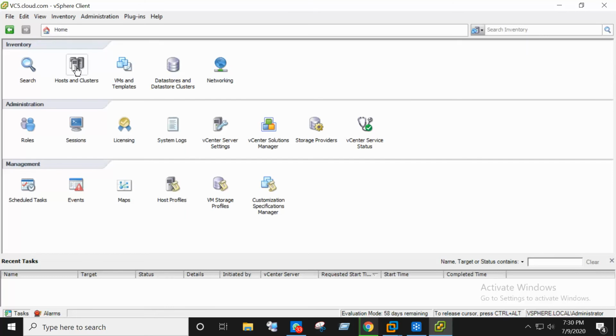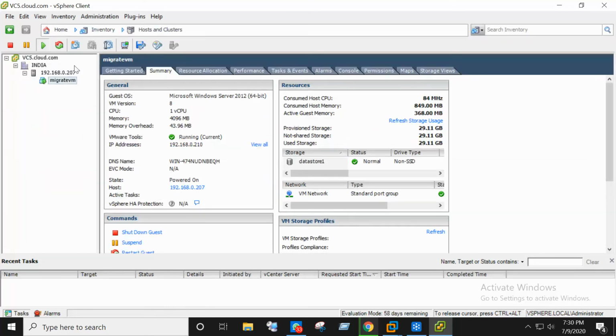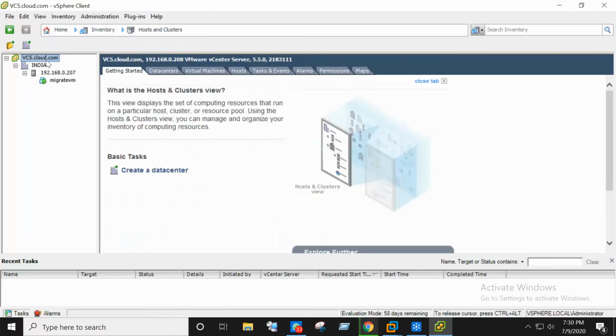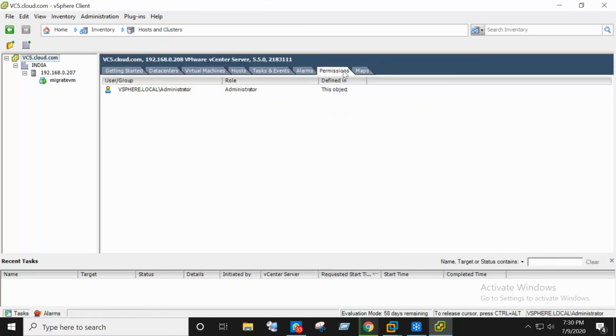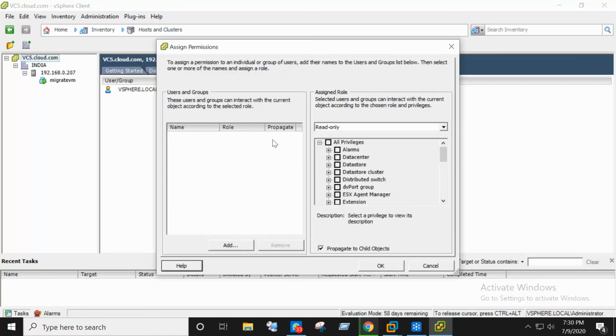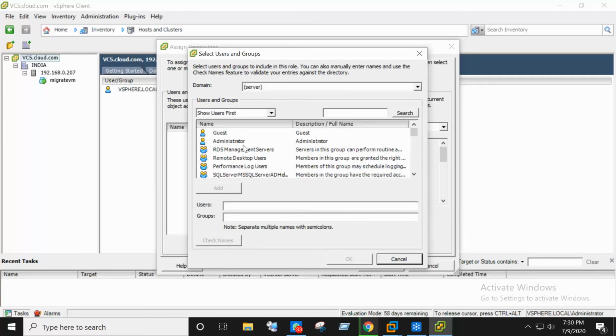Now we can go to hosts and clusters, select here, permissions. Now create, add permission. I'm selecting domain administrator.